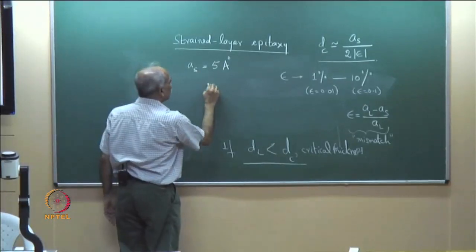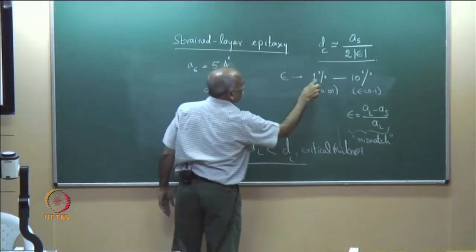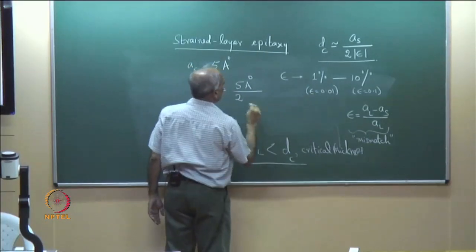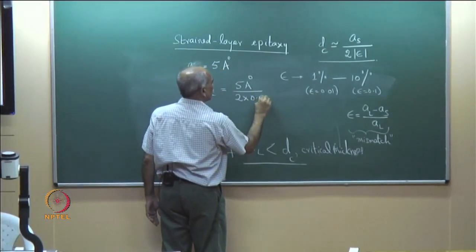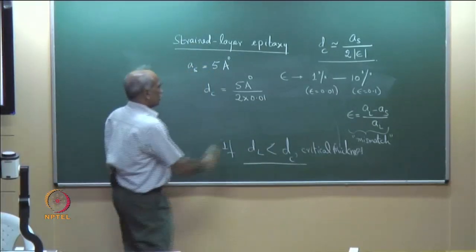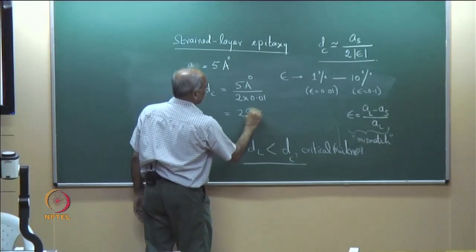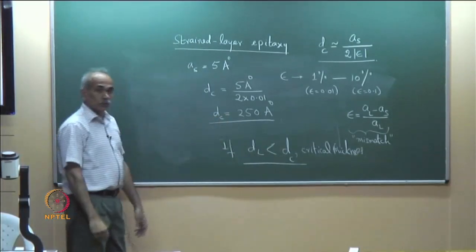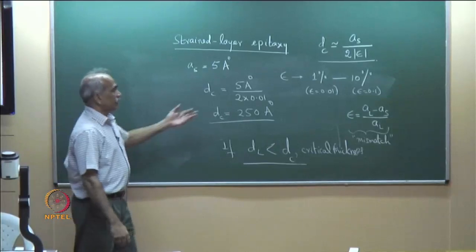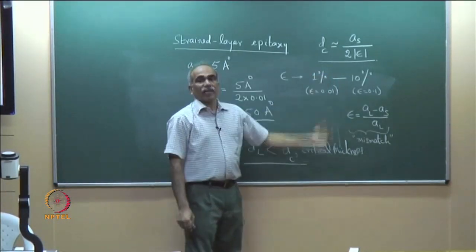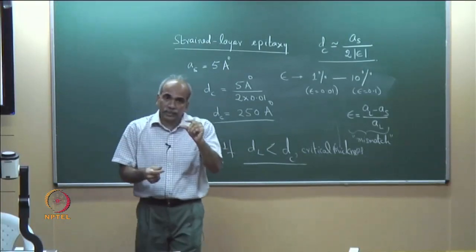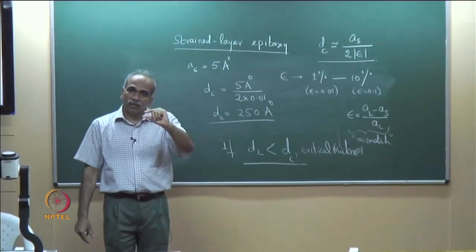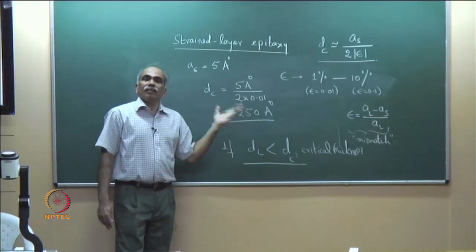So, let us see what DC, the critical thickness, is equal to. If I put 1%, then AS is 5 angstrom divided by twice epsilon, that is 2 into 0.01, 1%. How much is this? 250 angstrom. The critical thickness is 250 angstrom. So, a lattice mismatch of 1% can be tolerated provided the thickness of the layer is less than 250 angstrom. If you are growing only a thin layer with thickness less than 250 angstrom, then that lattice mismatch can